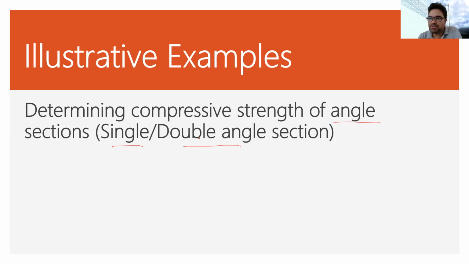First, we will be introduced to the angle section and the rules for calculating FCD, because the critical value is the calculation of FCD. The FCD value calculation in the case of angle sections is a little different. So we will see how we find that, and then we will take an example to solve the problem using the rules.